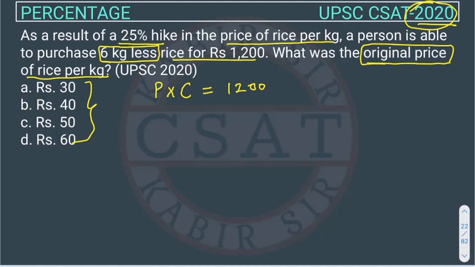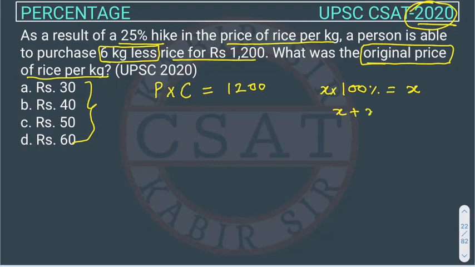I hope you got it, because the original price is P and the consumption is C, he is able to buy some amount C of rice in 1200. But now what is happening? The price of rice got increased by 25%. So we already discussed that 100% of something is that same thing. If we take 100% of X, it will be X only. If I am saying that there is an increase of 25% in X, then we can write